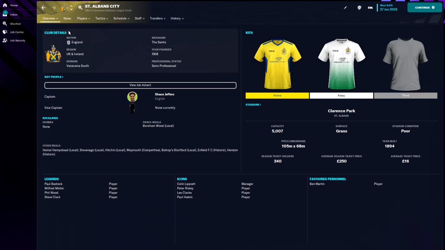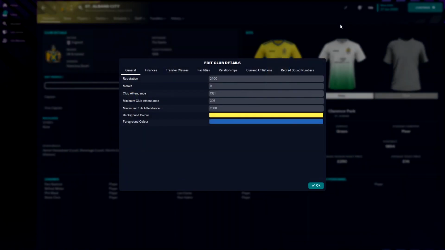Hello everyone and welcome back to Football Manager 2023 and a brand new experiment today, where we're taking a look at what would happen if you gave a non-league team the perfect facilities. So what we're going to do is take St Albans City here and we're just going to make a few